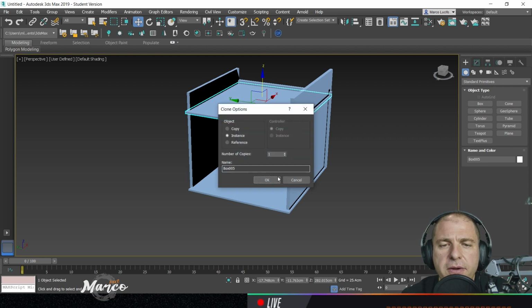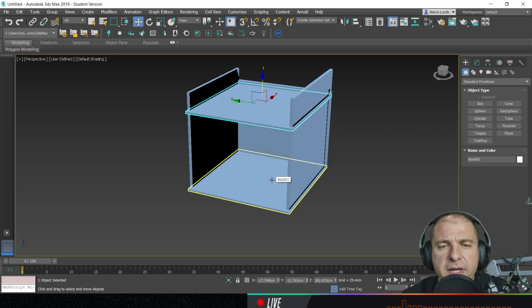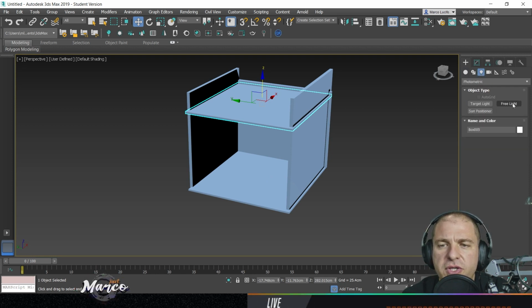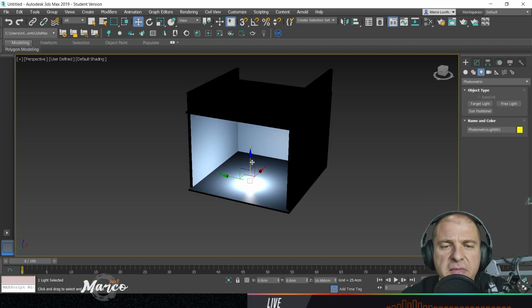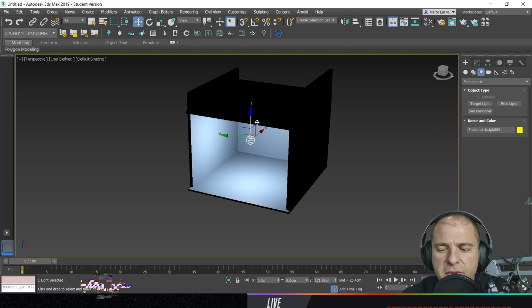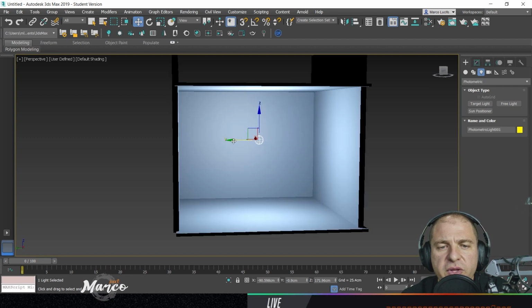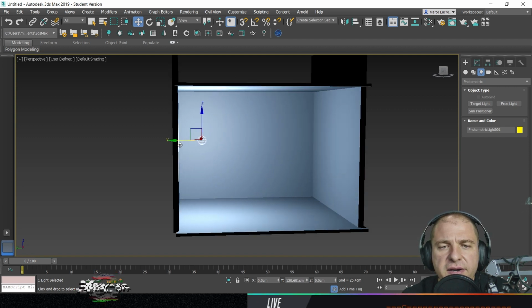Now by simply setting those parameters, if I place a light in my project, no matter which light it will be, I will see immediately in real time the behavior of the light. So if I move it here and there,